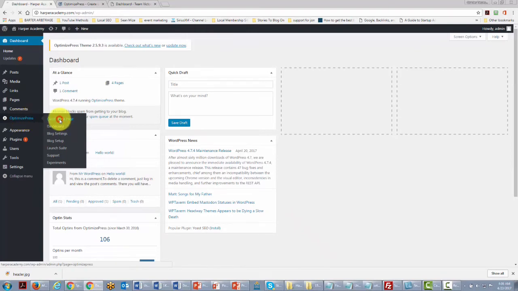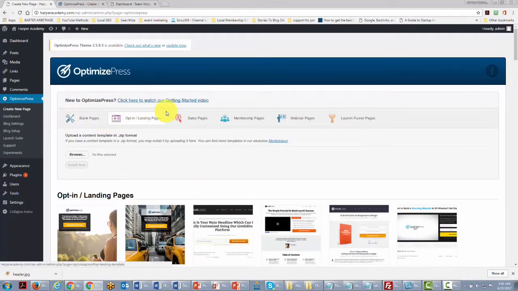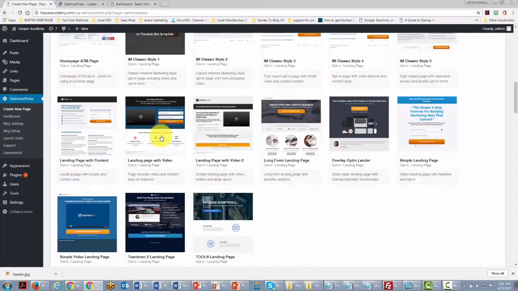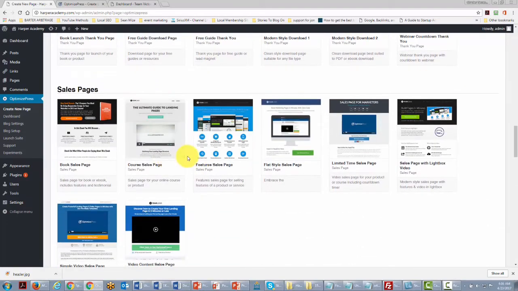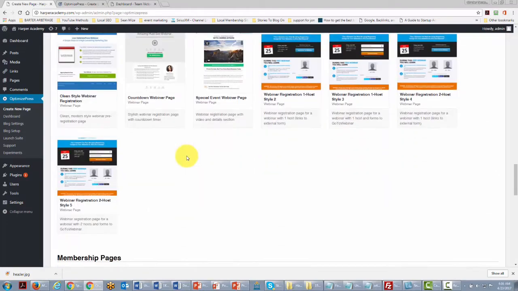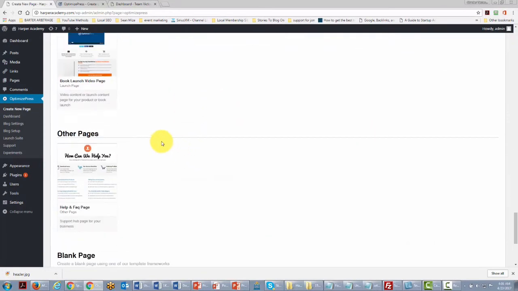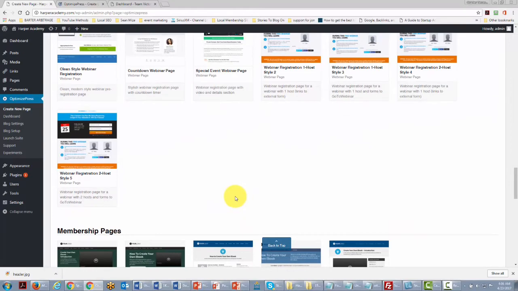dashboard, and you start the process by creating a new page. Optimized Press gives you several templates to start with. They give you landing pages, thank you pages, sales pages, webinar pages, membership pages, launch pages, and FAQ pages. And basically, these templates are going to be starter templates that you can use in order to build